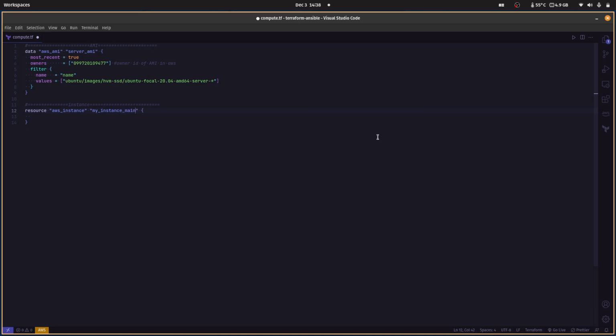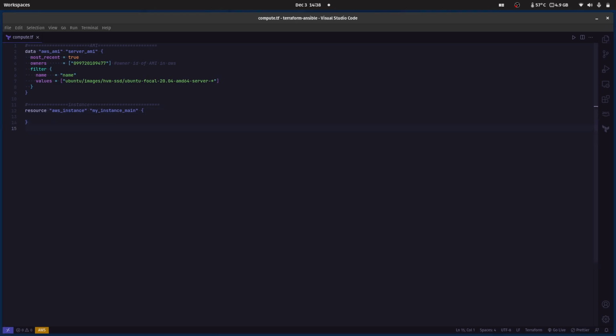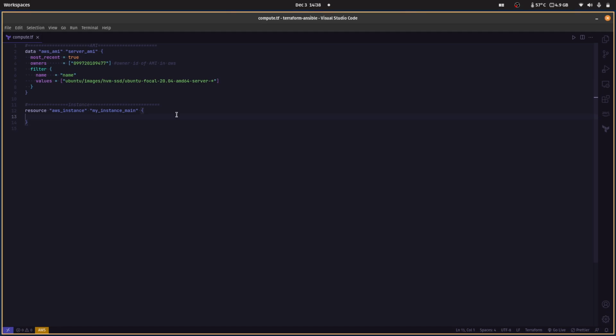And before I forget, I'm just going to jump into variables.tf. Variable, main_instance_type, type equals string, default equals t2.micro, just like so. Head back over to our compute.tf, and next we need to specify our